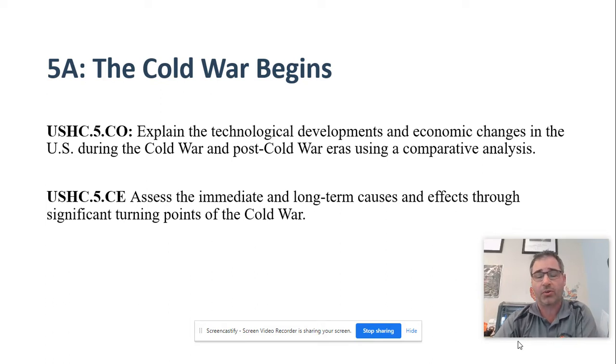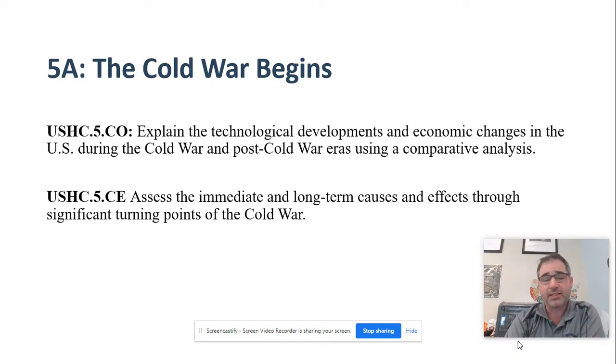The first is 5CO, explaining the technological developments and economic changes in the United States during the Cold War and post-Cold War eras using comparative analysis. Fancy words for saying we're going to look at how technology and the economy changes from about 1945 to the